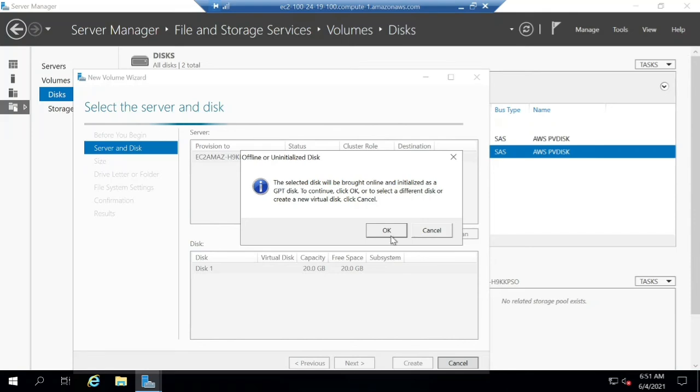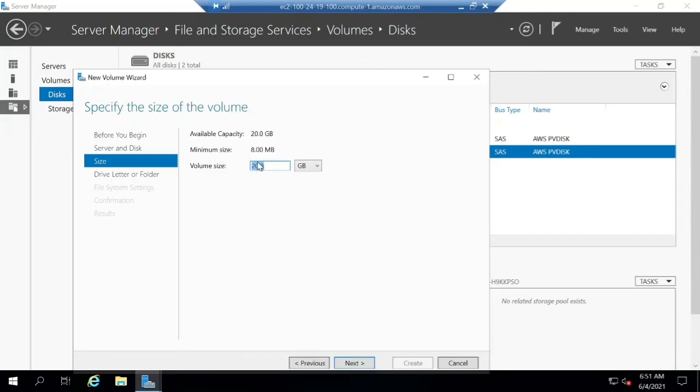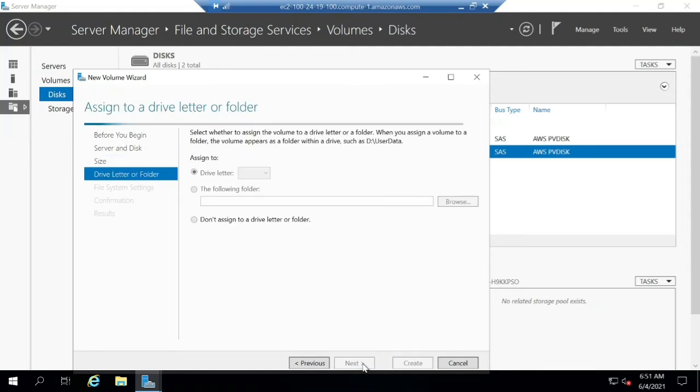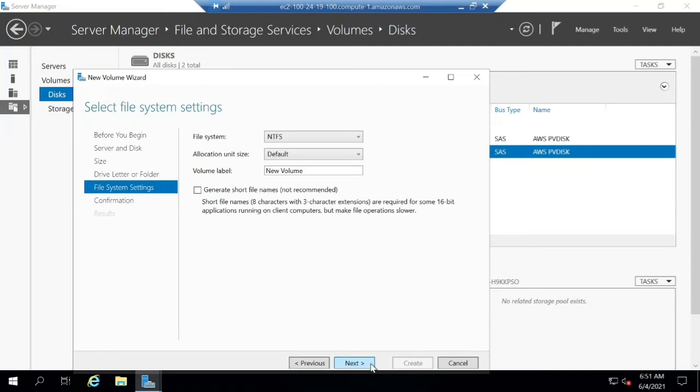Next. Okay. If you want to partition it, that is, you have got 20, if you want to partition it into smaller sizes, then also you can do it. I won't be changing it, let it be 20. Next, give it a drive letter, so I have given it D because C I already have. Next, nothing is going to change. Volume label, I will be giving it the name of